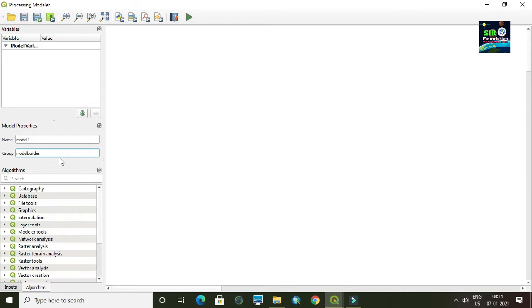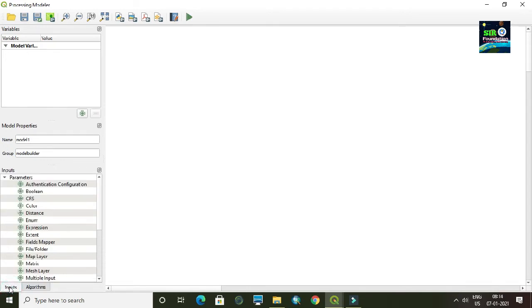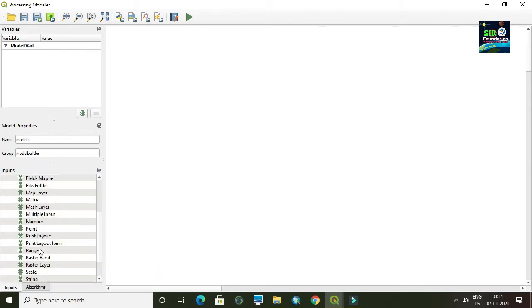Then I have different options over here. Here you can see different algorithms and different inputs. If I want to take any vector layer in this particular model builder, then I can take this vector layer from this particular list. There are different inputs you can see over here: mesh layer, multiple input, number, point layer.